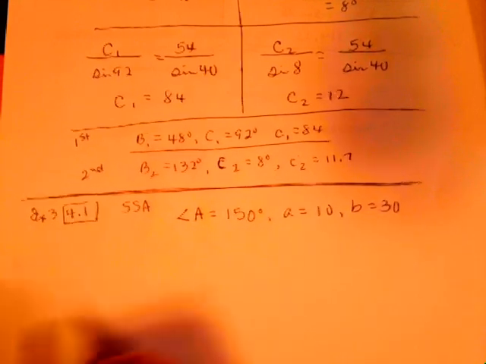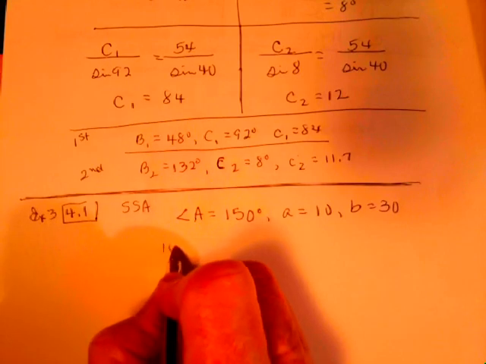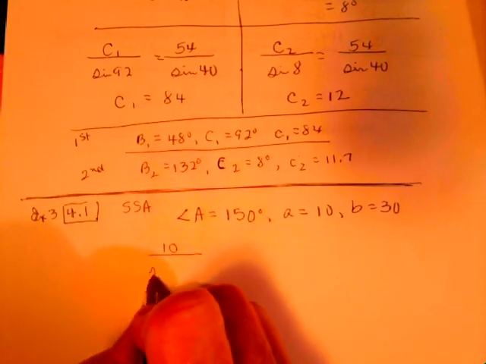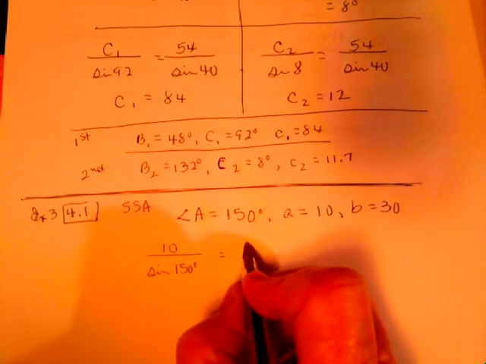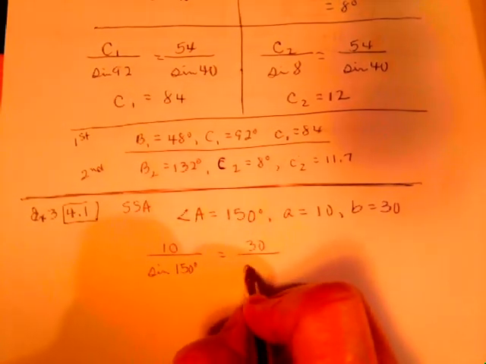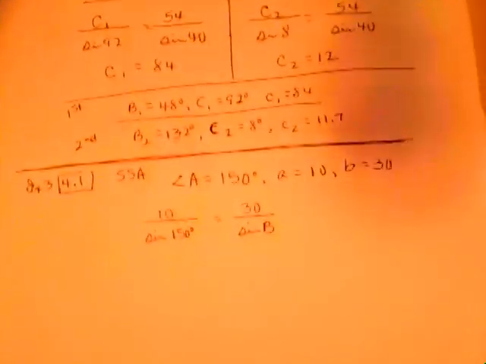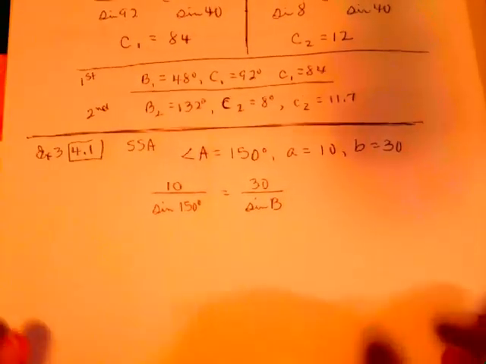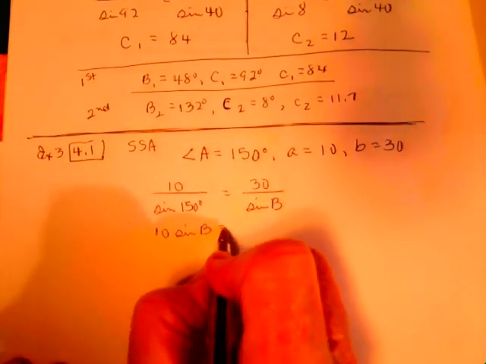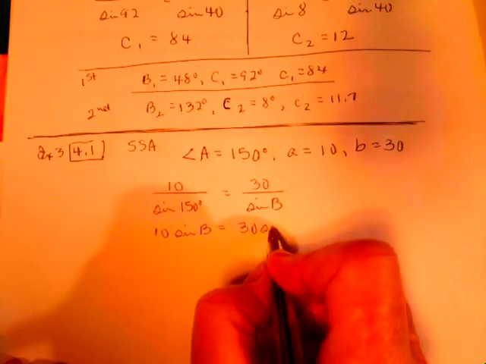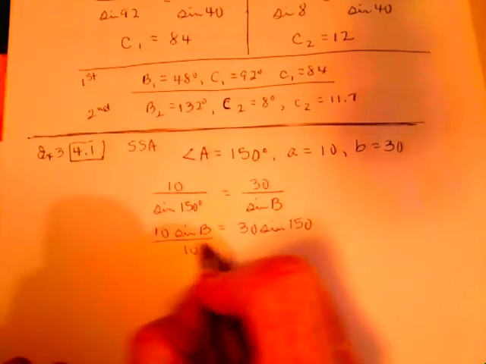So we start the same way we have on the other two. We can make our ratio 10 is to the sine of 150 degrees as 30 is to the sine of B. Use your calculator, cross multiply. 10 sine of B equals 30 times the sine of 150. When you divide by 10 on both sides